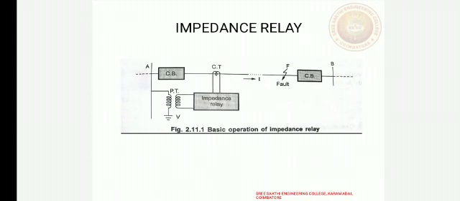First one, impedance relay. Impedance relay works corresponding to the ratio of V and I of the circuit to be protected. The current element is energized by current through the current transformer, while the voltage element is energized by voltage through the potential transformer. Under normal conditions, the ratio of voltage V and current I is denoted as Z, which is the impedance of the line. The relay is inoperative under this condition. When a fault occurs, the impedance reduces drastically and makes the circuit breaker open.